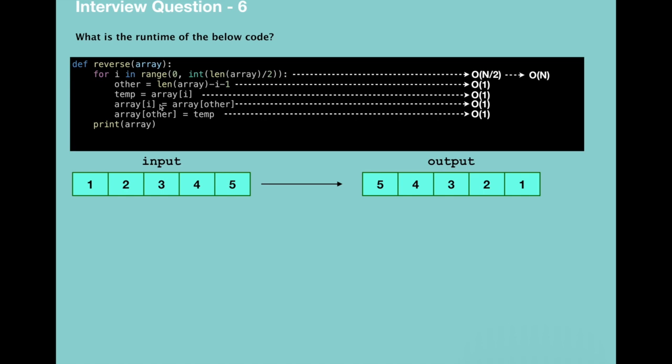You might be interested in why assigning a value to an element of an array takes constant time complexity. In the array section of this course, we will explain this part as well. For now, you just need to know that this is a constant time operation. Printing an array is also a constant time operation. If you combine all these complexities, we know that we drop non-dominant terms. Here our non-dominant terms are the constant time operations, so we get O(n). So that's it for this question. Let's continue to question number 7.